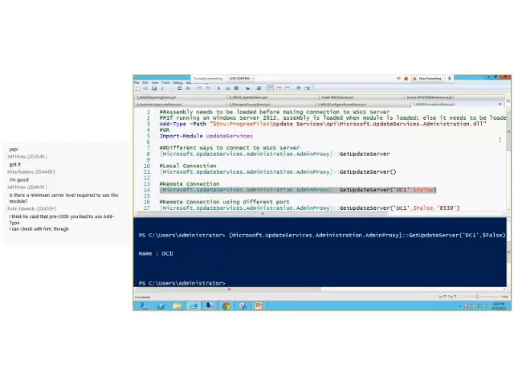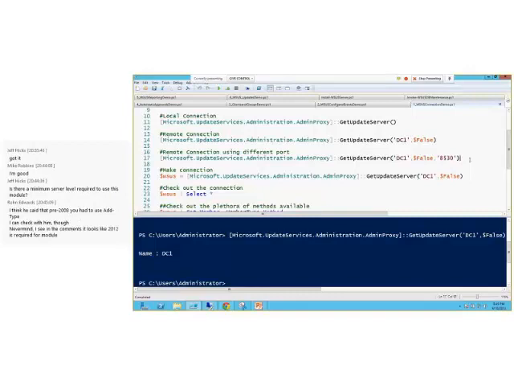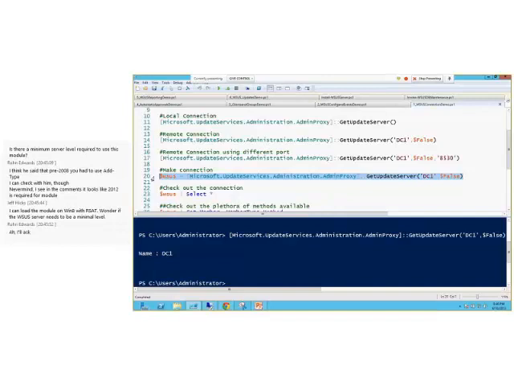And if you're using one of the other ports available, like 443, 8530, or 8531, then you need to specify those other ports manually after you specify whether it's a secure connection or not, and that's how you would connect to any other system. But in this case, I'm using a remote system with the default installation, so I'm just going to make my connection,